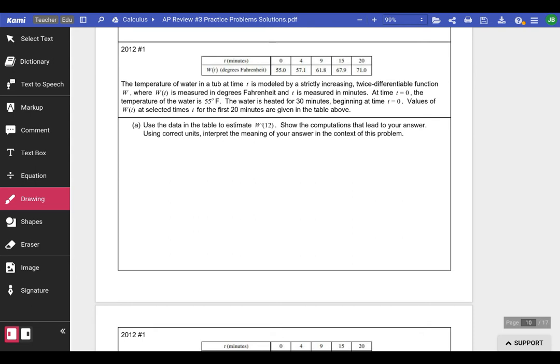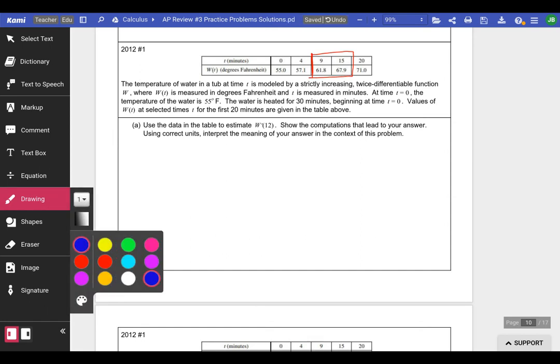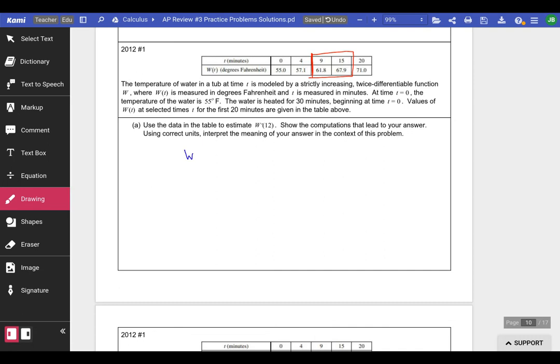And we've done this in quite a few problems. So to estimate that derivative, we're just going to use the average rate of change. So I'm going to take the points, the interval right around 12. So we are going to calculate the average rate of change. So W of 15 minus W of 9 over 15 minus 9,